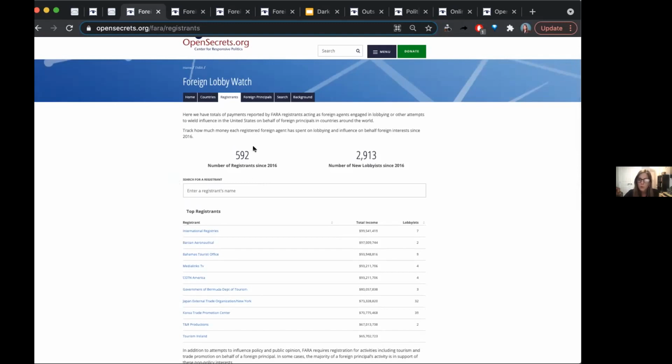You can see, of course, the total, similar to the other sections of the site, and go through and click on the different registrants to see details about them. Their total income is the amount that they received from foreign clients reported under the Foreign Agents Registration Act. And their number of lobbyists are the number of individuals who had filed what are called short forms, which means that those are the number of individuals at that firm or entity that are acting on behalf of foreign principals